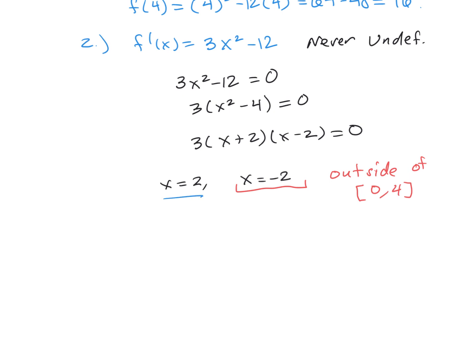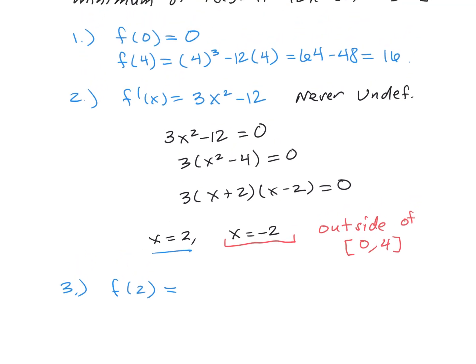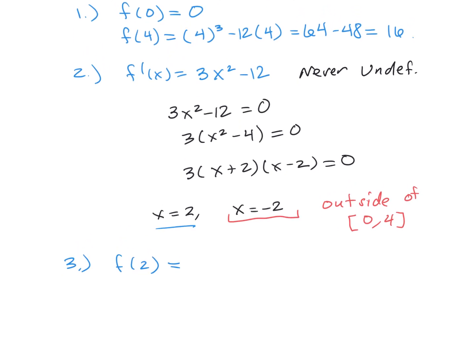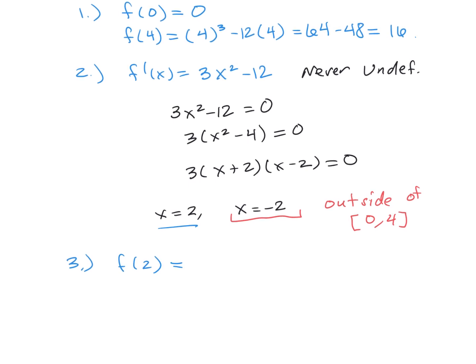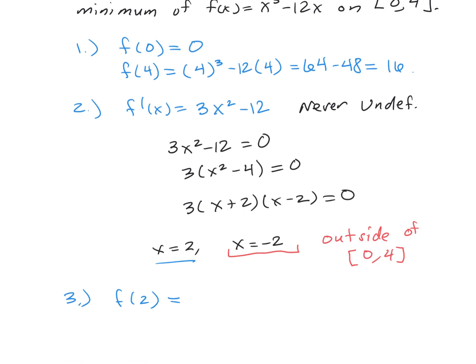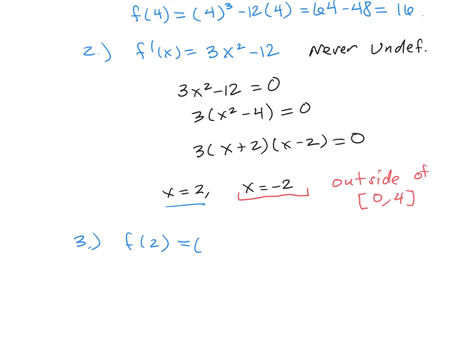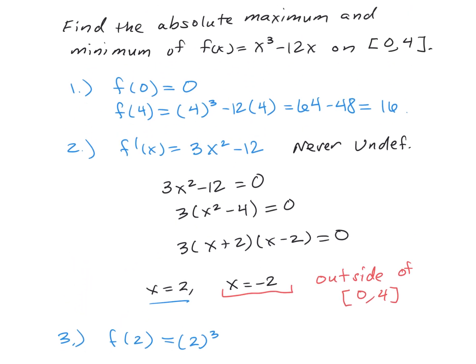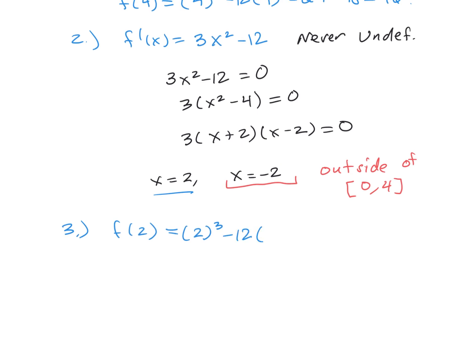So step 3 of the process is to now evaluate your original function, and that's key here, at the value of 2. It's a common mistake in calculus to go back and evaluate the derivative accidentally at the number, but we know the result. That's going to be 0. So again, the idea is you go back to the original function. So it's going to be 2 cubed minus 12 times 2,